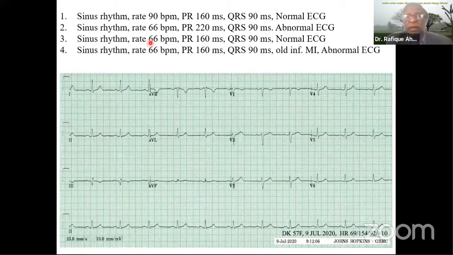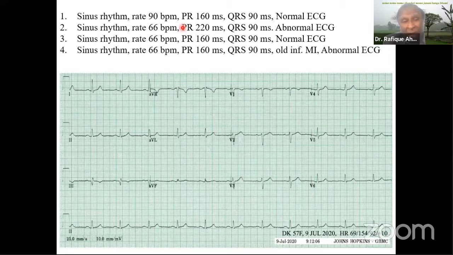Not many people answering. I put two things very close. One was sinus rhythm rate 90 beats per minute, and then sinus rhythm rate 66 beats per minute. 36% counted the rate as 90. This is what a multiple choice question is all about, that you can always choose something you find convenient. So I request that you pay attention. This rate was nowhere near 90.